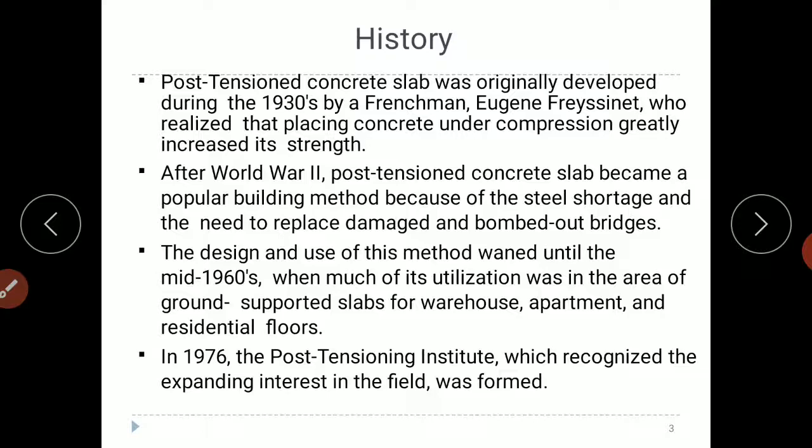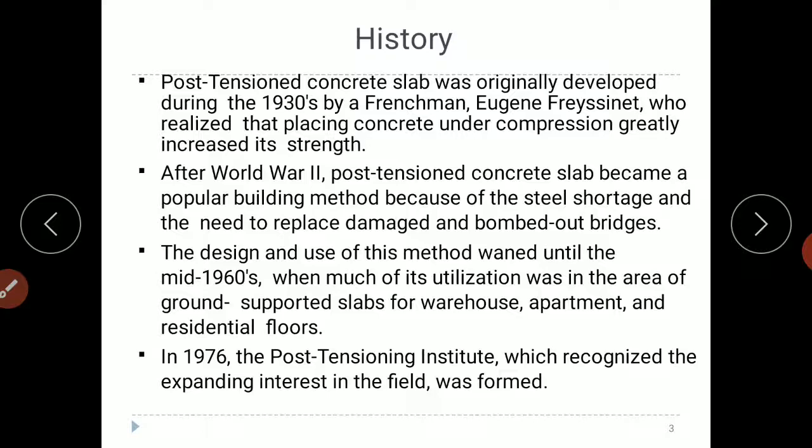What does steel shortage mean? We have to use a minimum amount of steel. Just remember the steel reinforcement that we provide in an RCC slab. We'll provide mesh, anchorage bars, development length, and for two-way slabs we provide extra steel to resist the torsion.